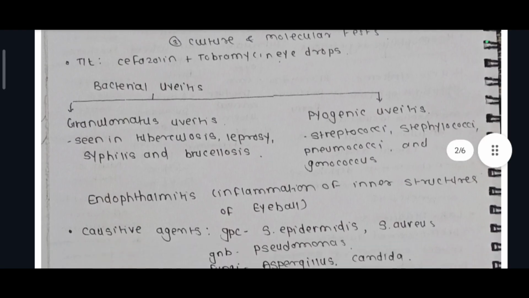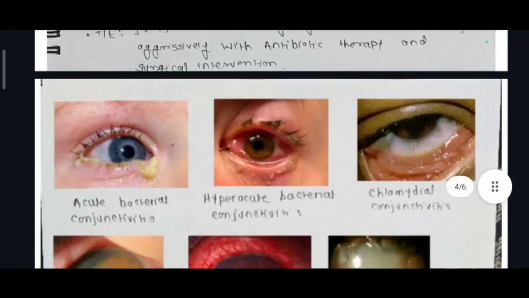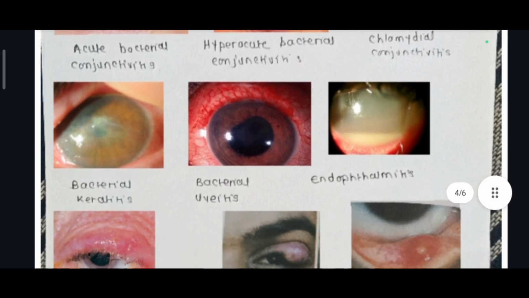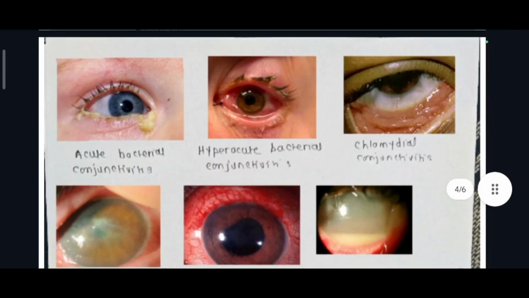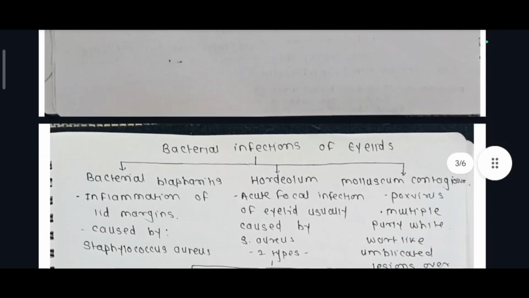So let's see how bacterial uveitis looks. This is how bacterial uveitis will look. Look at that red colored portion. So this is bacterial uveitis. After bacterial uveitis, we will see